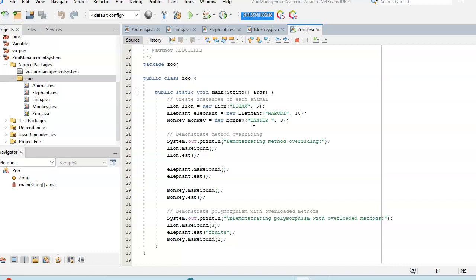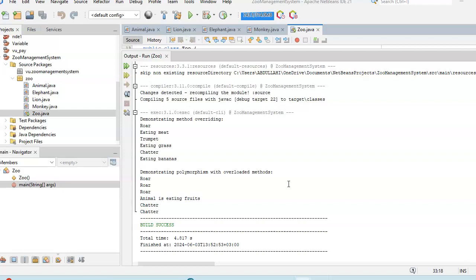Also, we have demonstrated polymorphism through method overloading, where methods with the same name perform different tasks based on their parameters. And here is our output, and we have successfully run it, and it shows